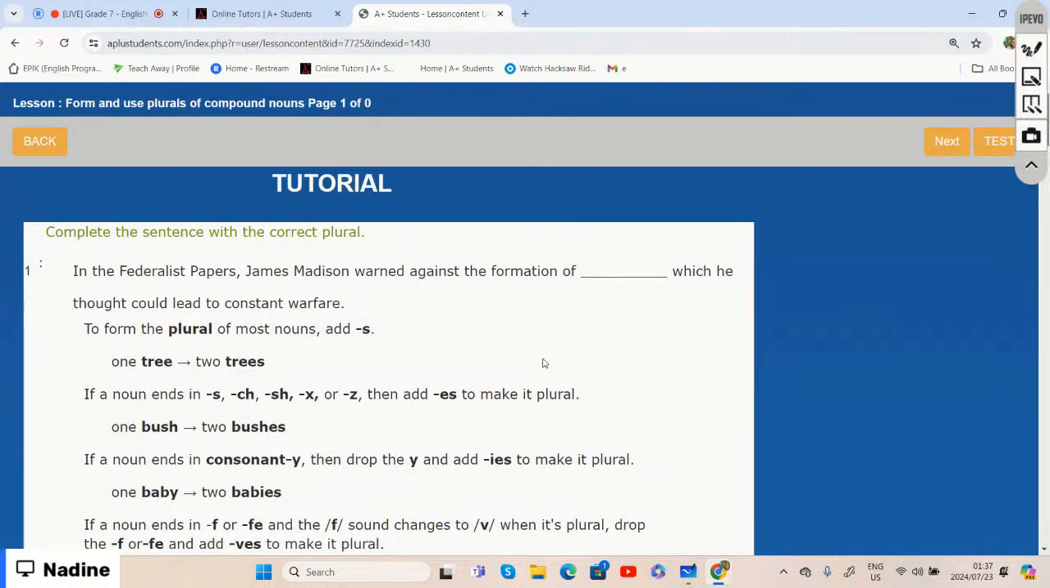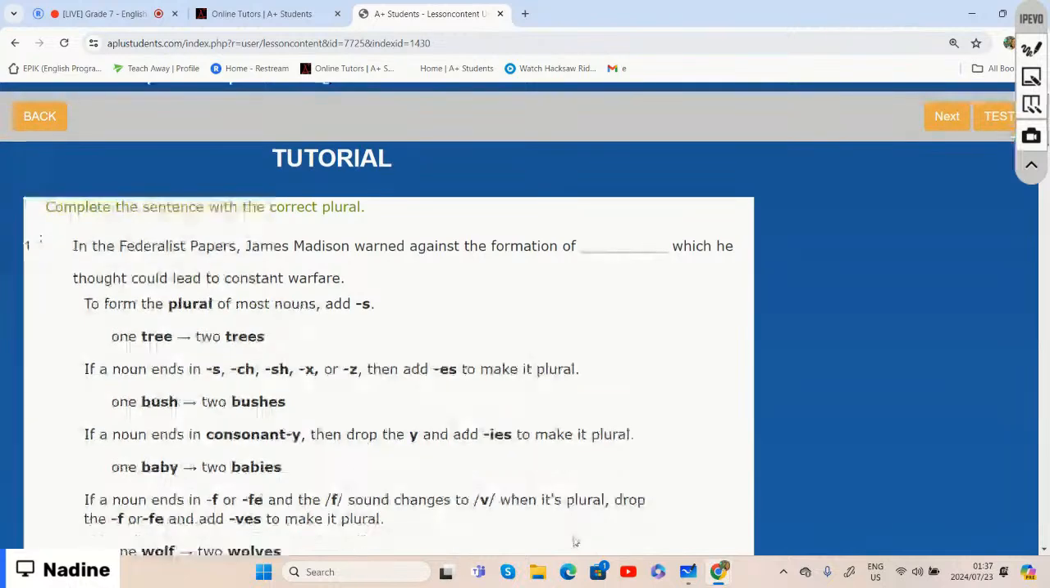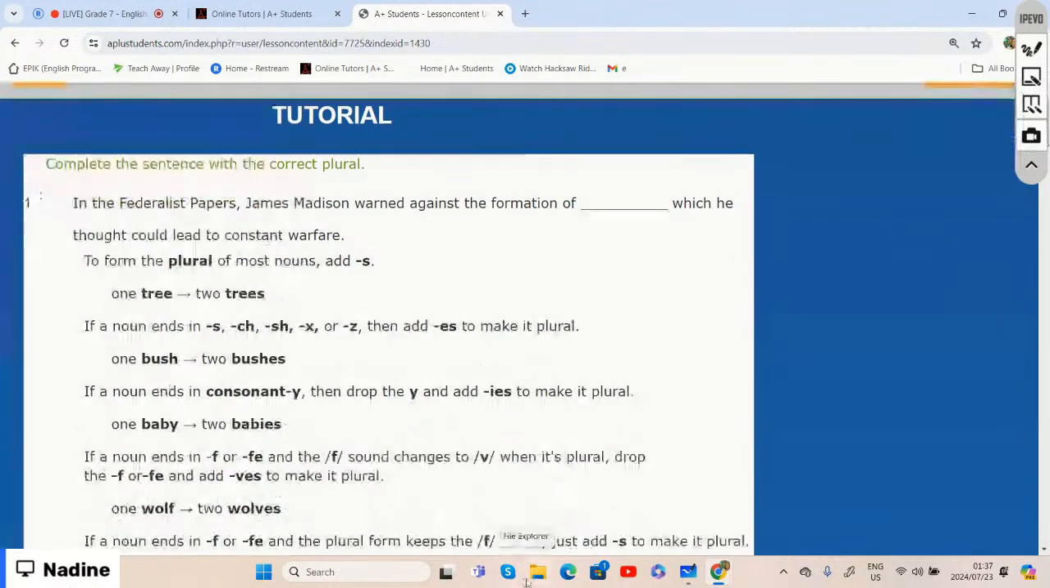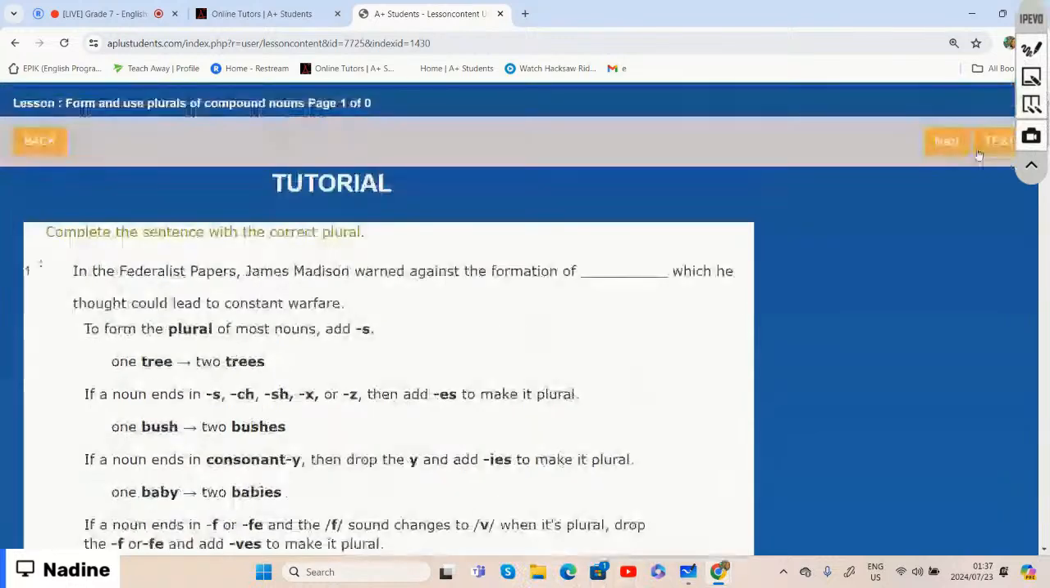All right. So now we are going to complete the sentence with the correct plurals, right? And I feel like we already went over all these plurals of how we either add just an S to show that there's more than one, or to add ES, or to change something where we drop the Y and we add IES. So now we're going to our test,